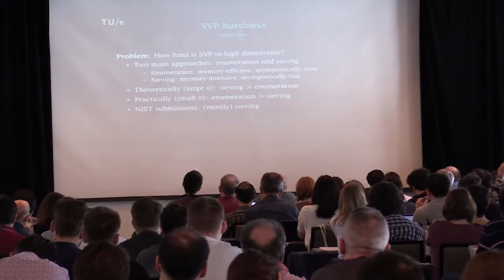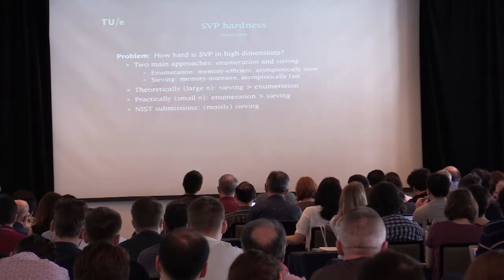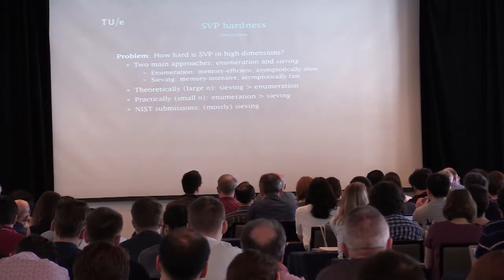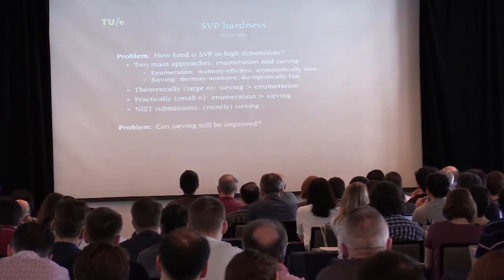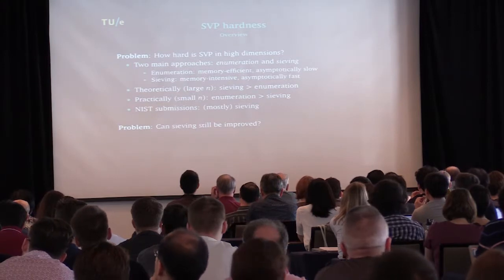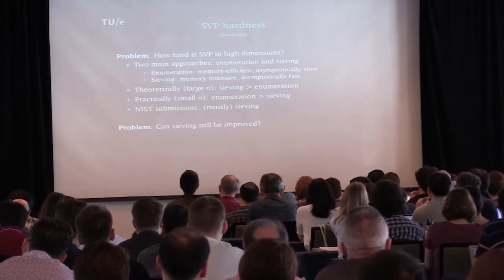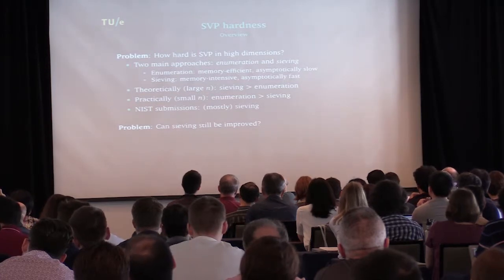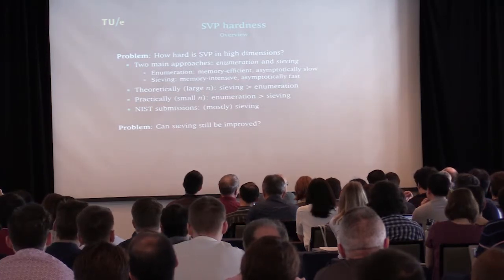Okay, so even if you just say, okay, we are going to use Sieving for that, then still you would like to know: we have the current best algorithms, but can we maybe still improve these algorithms? So can Sieving, for instance, still be improved? Or have we reached the limit of what we can do? Of course, I'm not going to say that this question will be answered very soon, but